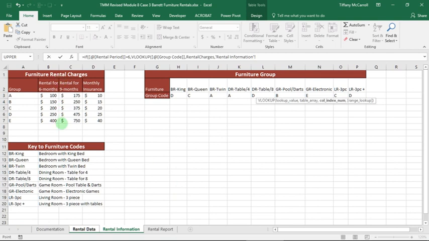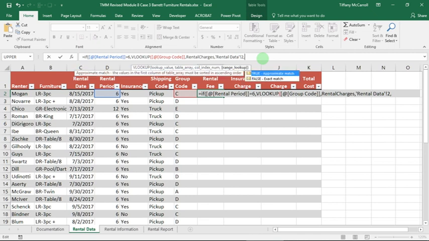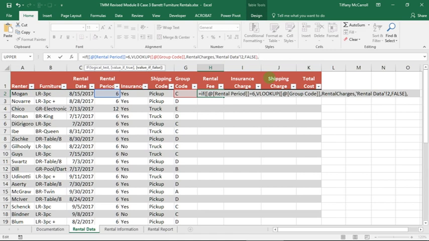Column 2. Exact match. And then we have to put a parenthesis, then a comma,